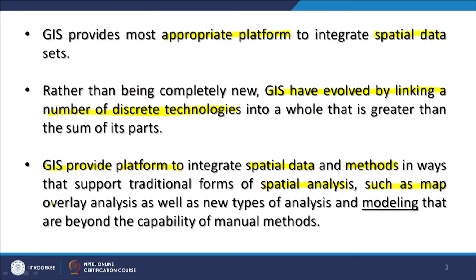You can generate maps, different kinds of overlays, and new types of analysis also become possible, and ultimately you go for modeling, and that is beyond the capabilities of other manual methods, or any other platform. So, GIS is the only platform which can provide modeling for spatial data. That is the unique thing about it.